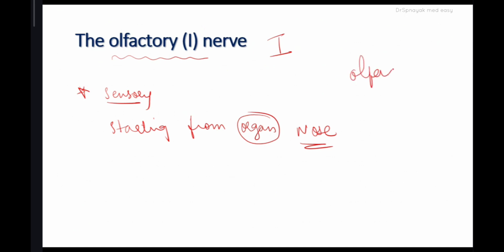Olfaction means smell. Olfactory means smell-receiving nerve. Simple. Olfactory means it is the nerve which is receiving smell. So this olfactory nerve is mainly innervated into the nose. Actually, if we see the olfactory nerve, as it is a sensory nerve, it is coming from the nose. Now let me tell you, see, we have,